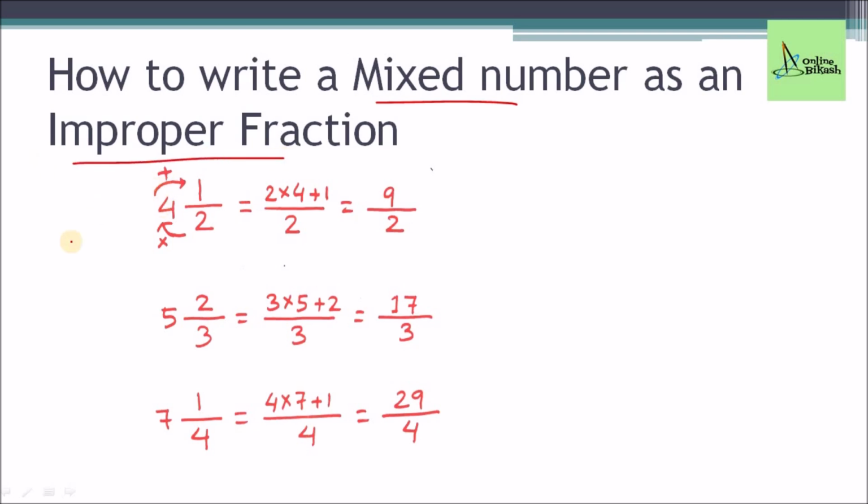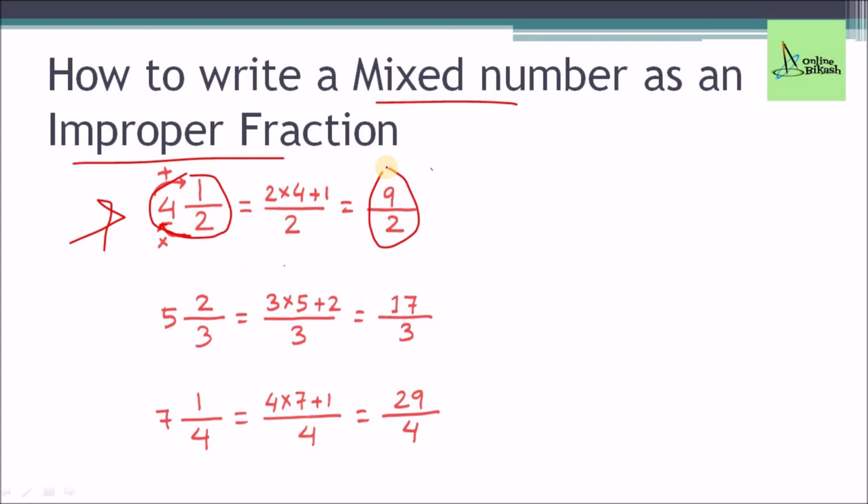Okay, let us take this example, 4 whole 1 by 2. So what we will do, we will first write this denominator, it is 2, here. The denominator will not change, and in the numerator what we will do, we will multiply this 2 and 4. So I am writing here 2 multiplied by 4, and the numerator will be added, plus 1. So 2 4s are 8, plus 1 is 9 by 2. So 4 whole 1 by 2, this was the mixed number, and we have changed it into an improper fraction.